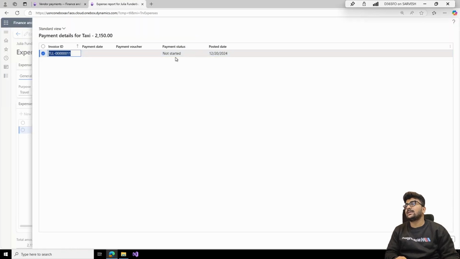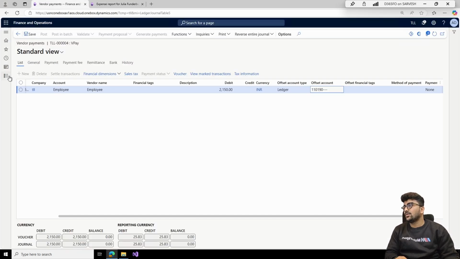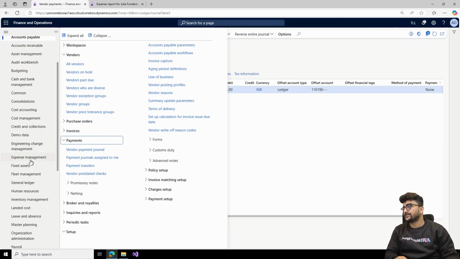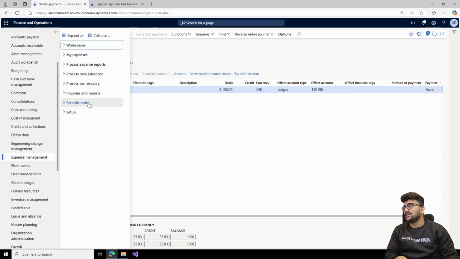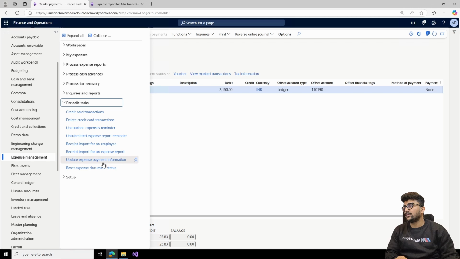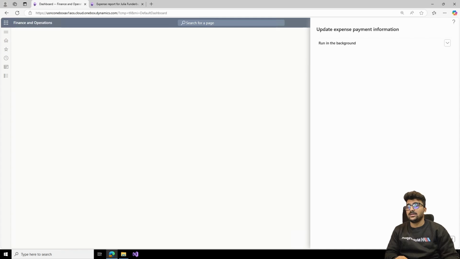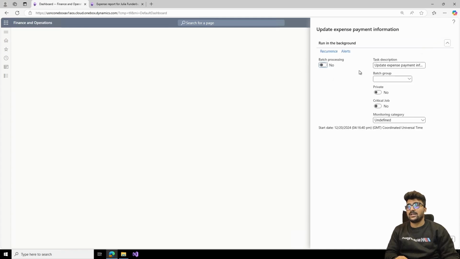To reflect that payment here, payment voucher here and payment date here, we need to go to expense management, and in the expense management you will see periodic task. Under the periodic task you have to click on update expense payment information. So click on this,